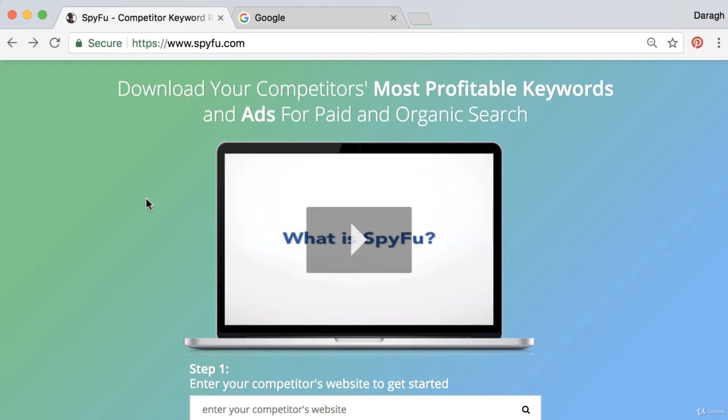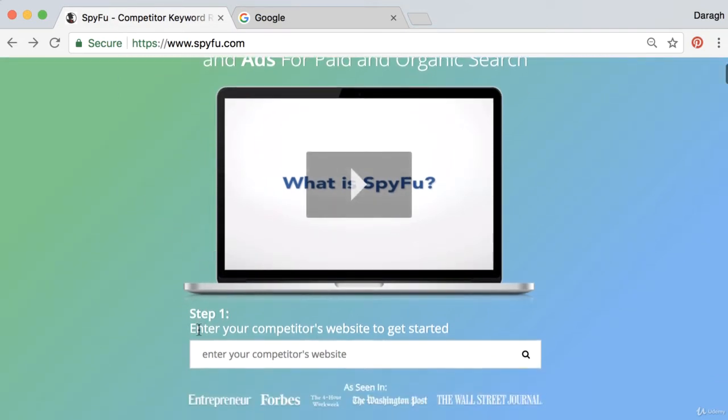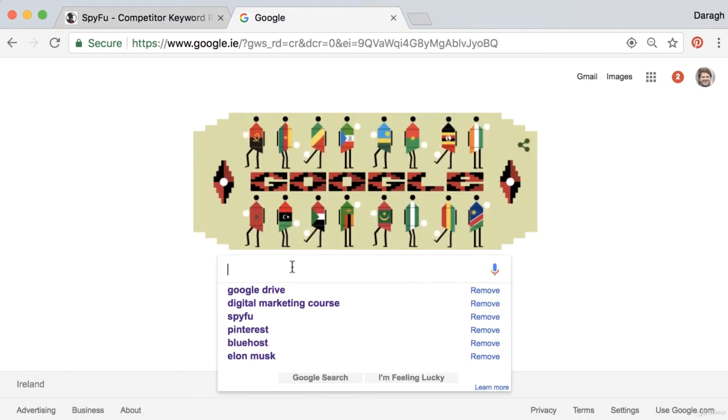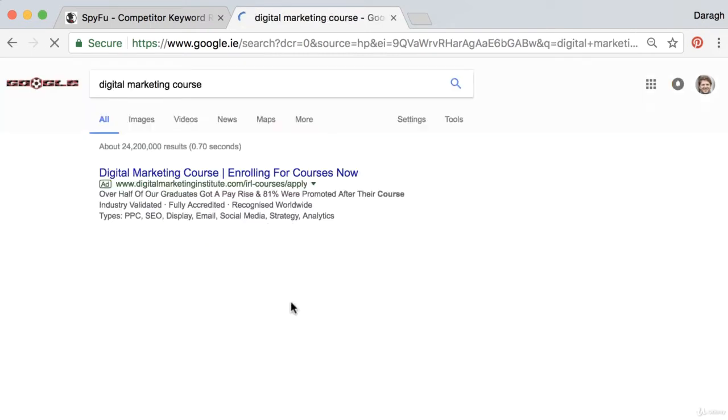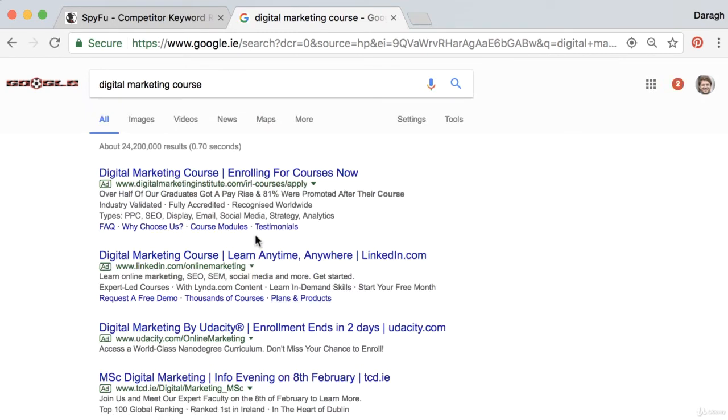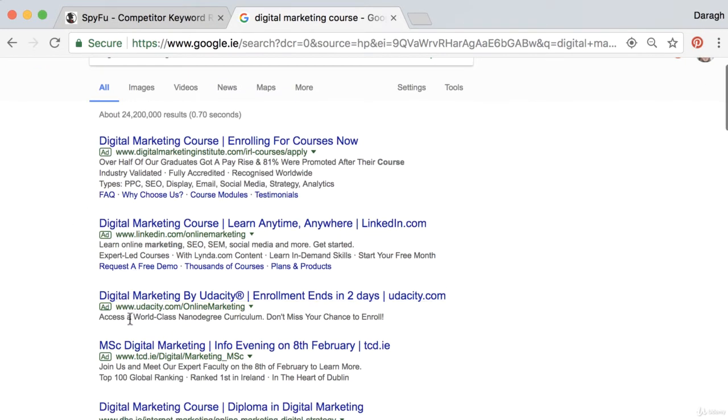It's really, really smart. So the first step, and really the only step to use this tool, is to enter your competitor's website to get started. So you might not be clear on who your competitors are. So what you want to do is come into Google and type in your product name, the topic that you want to appear in the search engines or rank for. And then up top, we're going to spot the competitors in the ads here. So these people are already spending money on Google AdWords. That's why they're appearing here at the top of the search results, and we can see ads on the side. So what you can do is even just take the top result to get started, copy that,